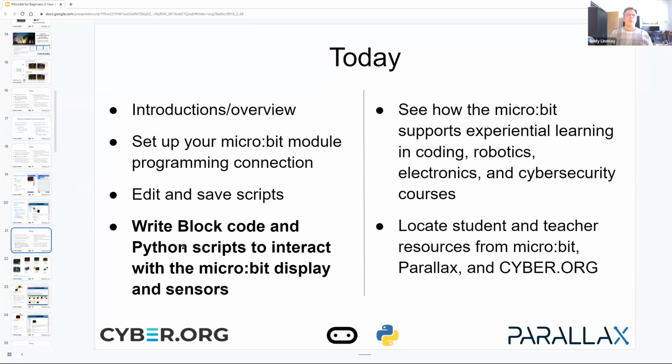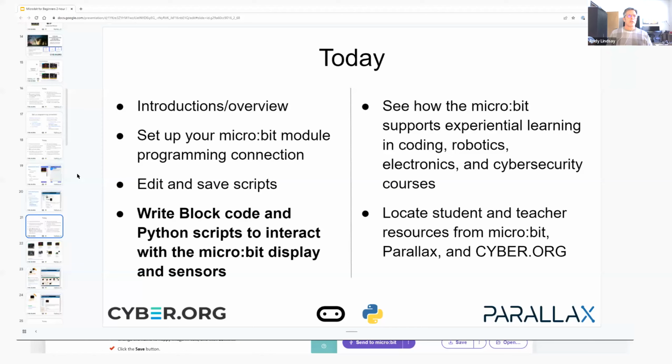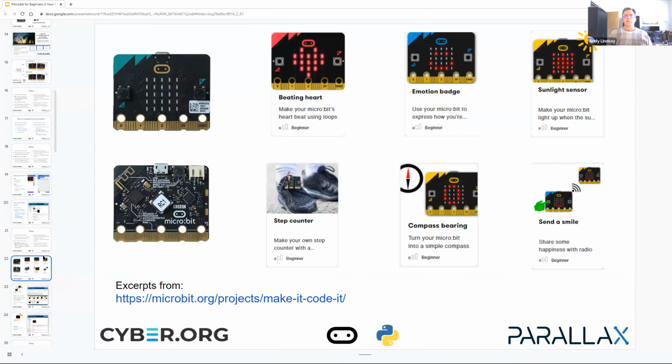Okay, next up, writing block code and Python scripts to interact with the microbit display and sensors. This is where it gets fun. And the first place I'd like to show you for this is,